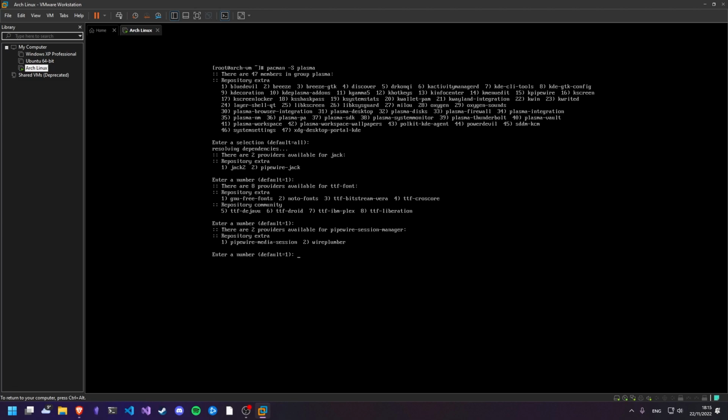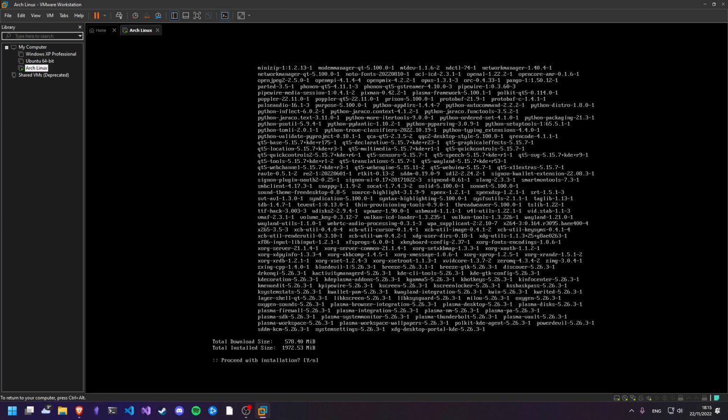It's difficult to explain what a session manager is without going into how Linux deals with audio, but all you need to know is that you need those two tools. So in my case, I'll just press enter, and then for Qt5, we'll pick the default phonon-qt5-gstreamer,